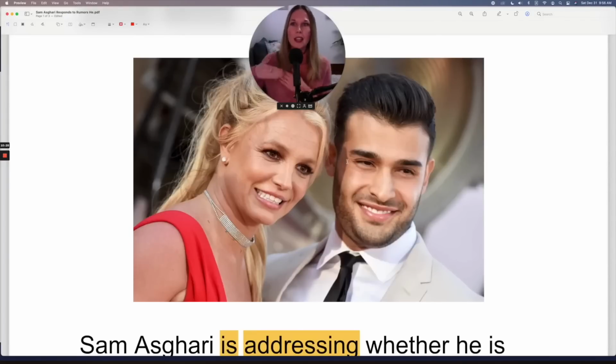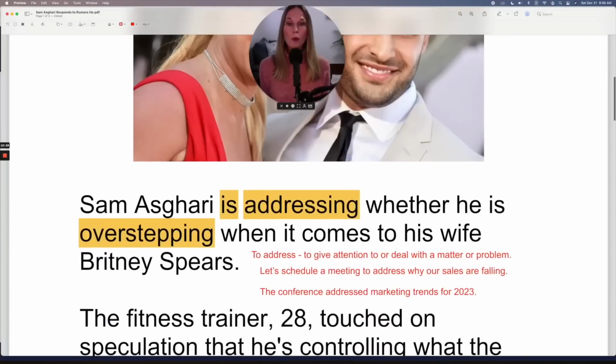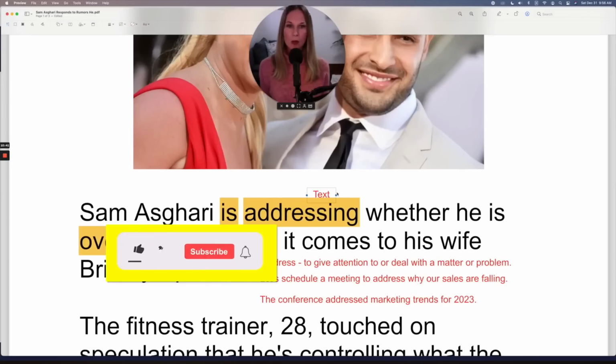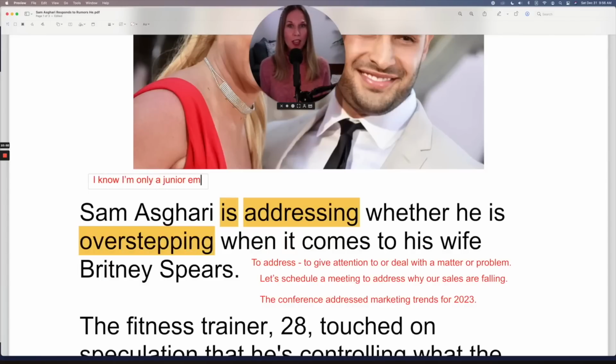So he is involving himself in a situation that he has no right to involve himself in. That is overstepping. So we see this again a lot in a business situation. For example, I know I'm only a junior employee and I don't want to overstep, but I have a suggestion about how we